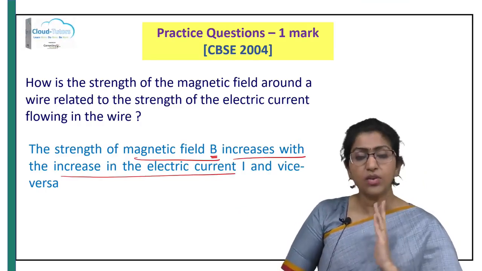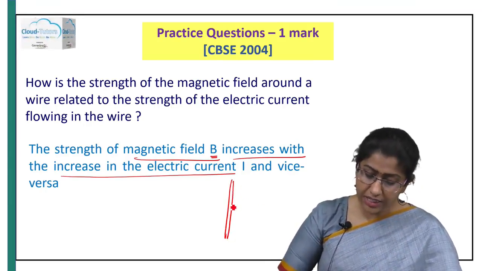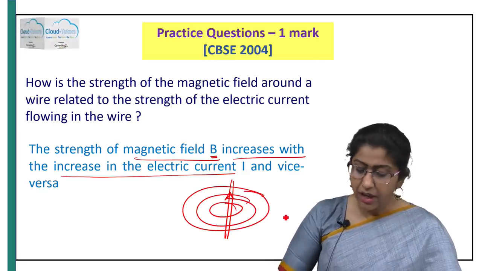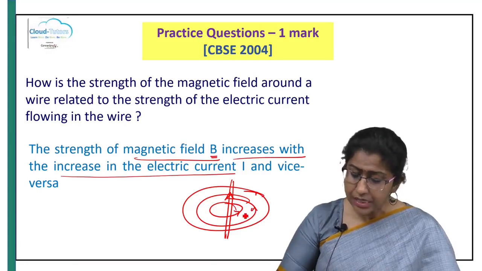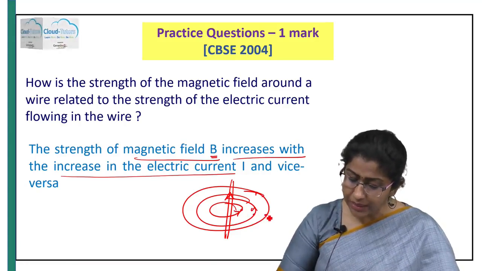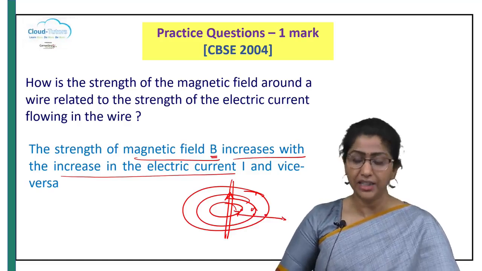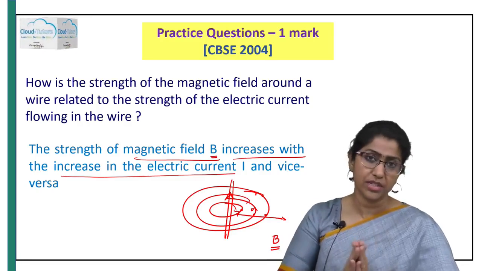Also, as we understood earlier, if this is the straight current carrying conductor and these are the concentric circles of the magnetic field that are induced, then as we go further away from the current carrying conductor, the strength of the magnetic field B reduces. Alright,